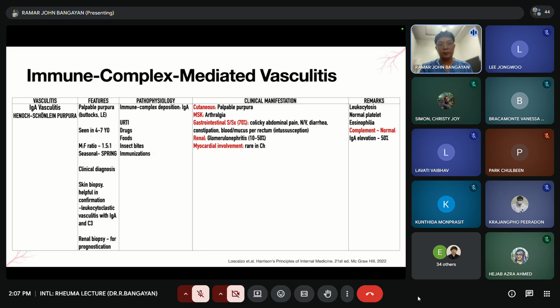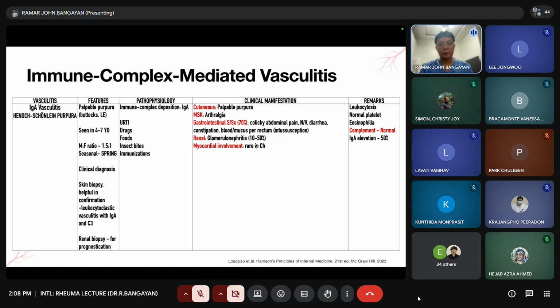Okay? Skin biopsy is helpful just to confirm your diagnosis. It will show again leukocytoclastic vasculitis with IgA deposition. Okay? Renal biopsy can be done if you have a sudden decrease of your renal function because again, if your triad